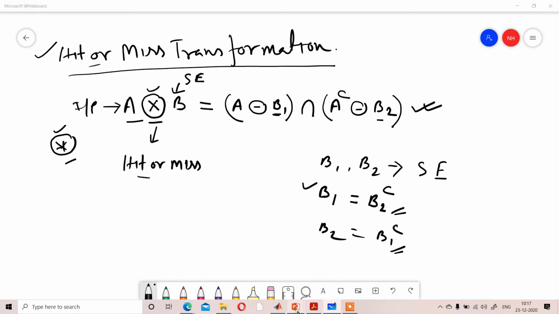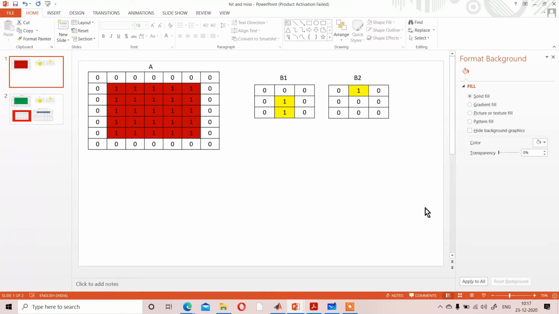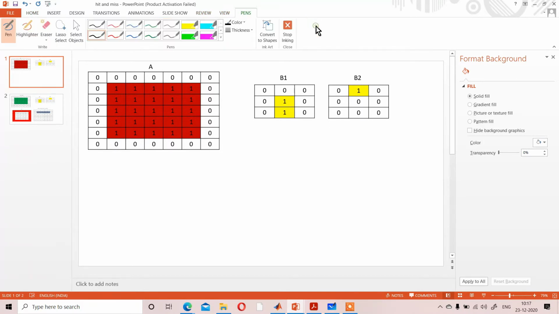If we consider one example, see that. Is that visible? In that example, image A is given here, where the shaded part provides the image and other parts are 0, meaning completely black.